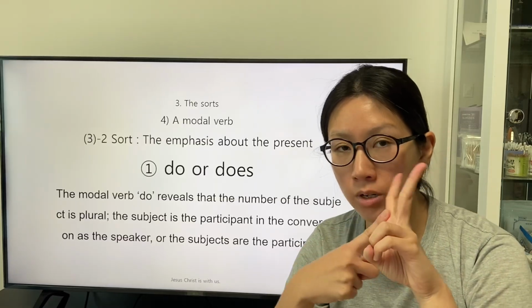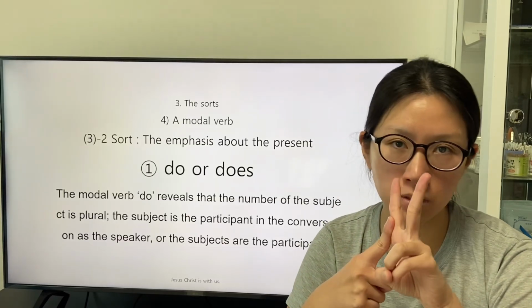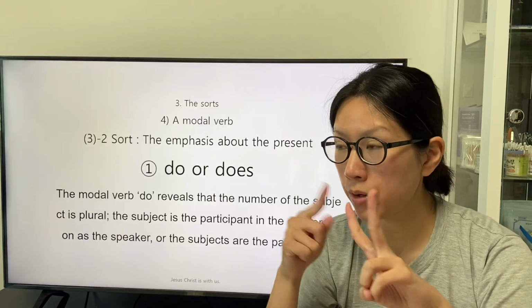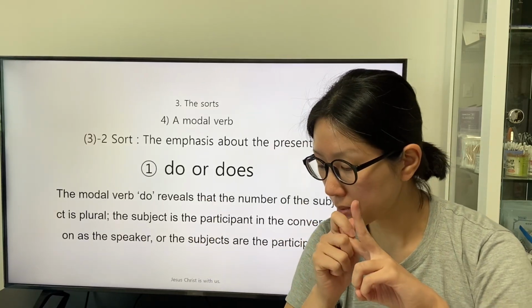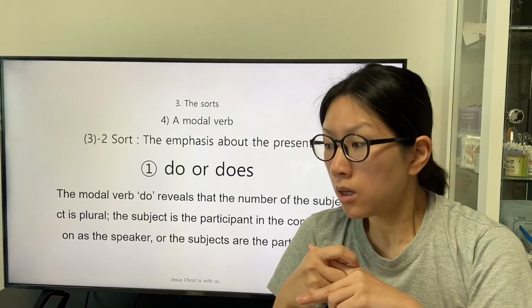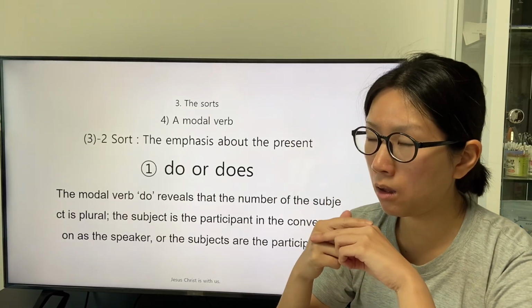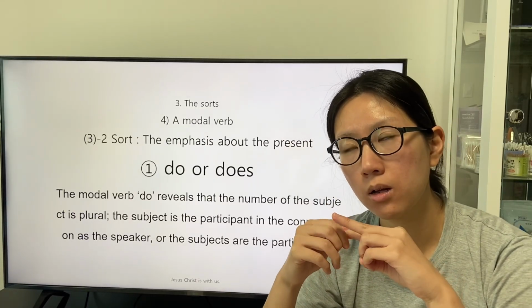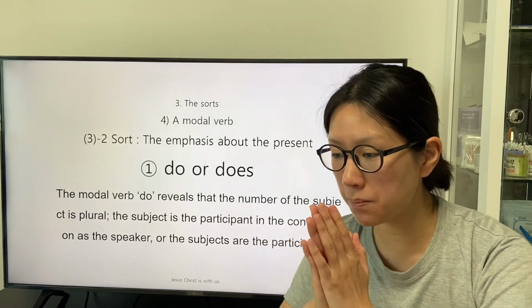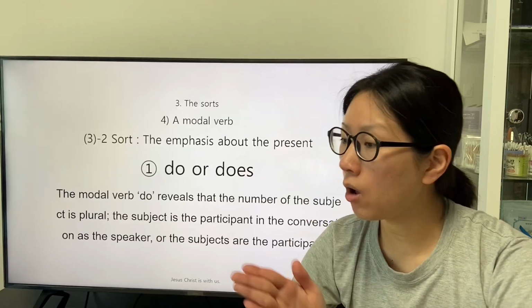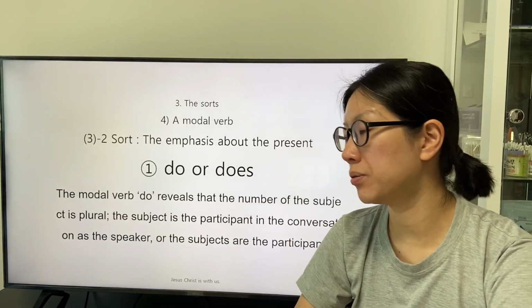The first standard is about the number of the subject, about whether the number of the subject is one or not, rather than classifying the subject into a singular subject or a plural subject,